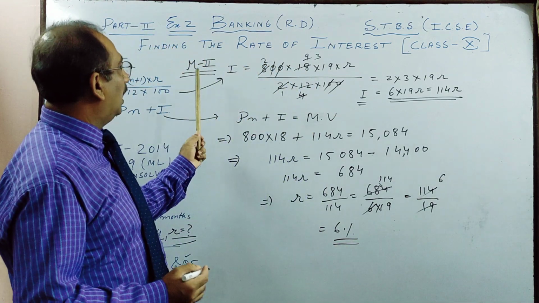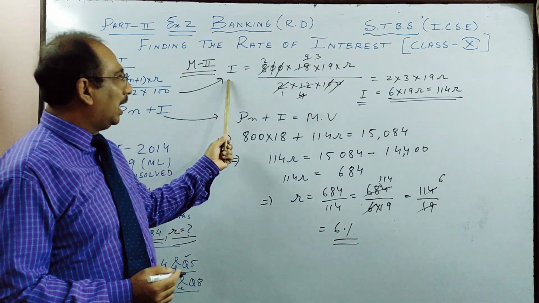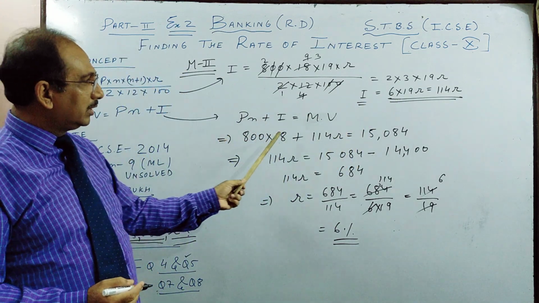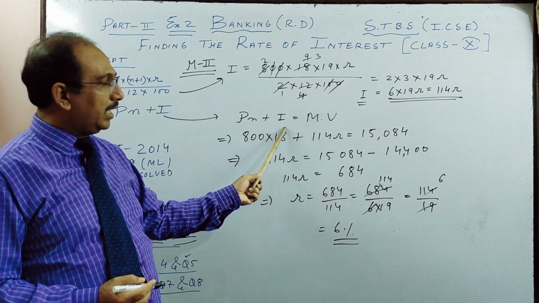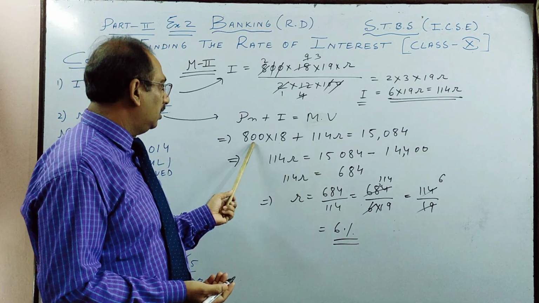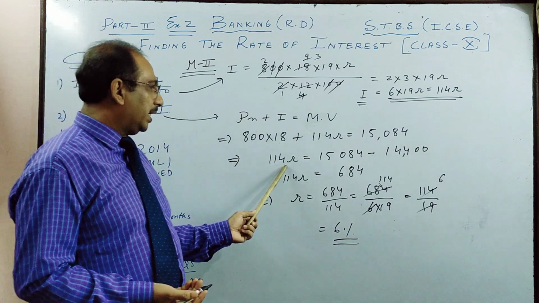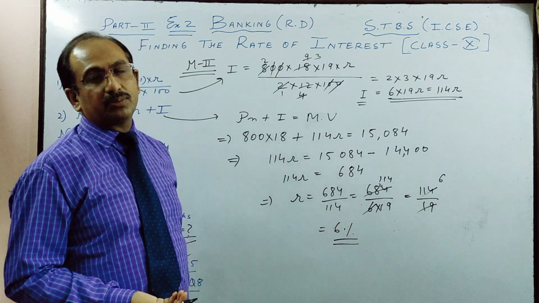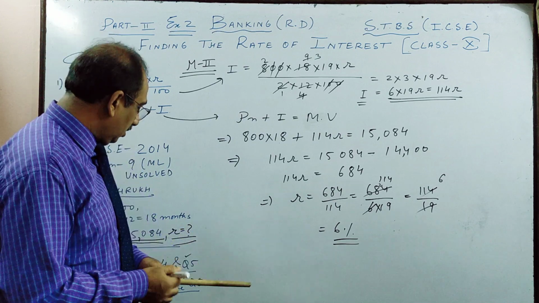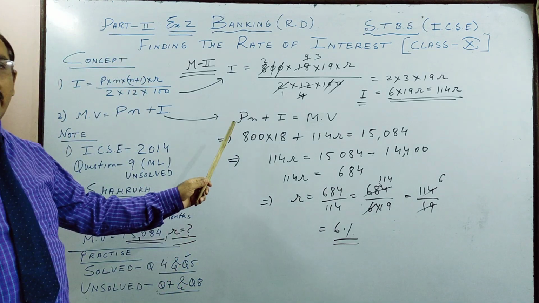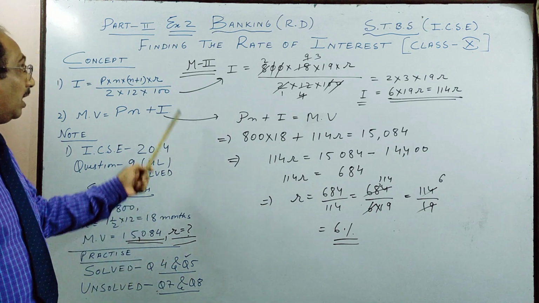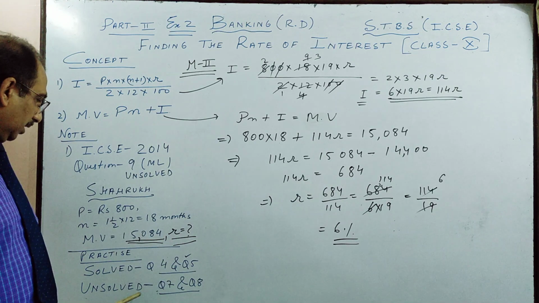So once more, I have used the second method. I have got I in terms of R. Then I reverse this formula because I have to get R, which is actually under I. So I put this side, transposing is easier. So Pn plus I is MV. So I get 114R is this. R is 6% like the previous sum. Also we had this sum also. So kindly go through these 4 sums. 2 I have done on rate of interest. You do these 4. Solved 4 and 5 of exercise 2 ML Agrawal, and unsolved 7 and 8.